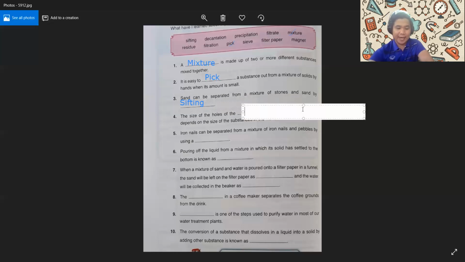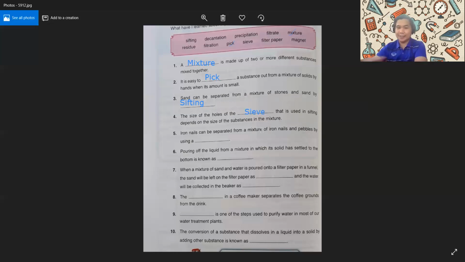It's called a sieve. So number 4, the answer is sieve. Again, please don't forget to cross out the sieve and sifting so that you can have less choices to choose from. Number 5, iron nails can be separated from a mixture of iron nails and pebbles by using a